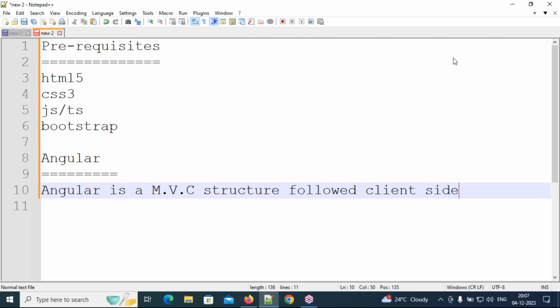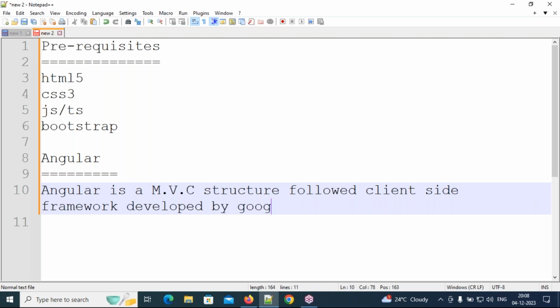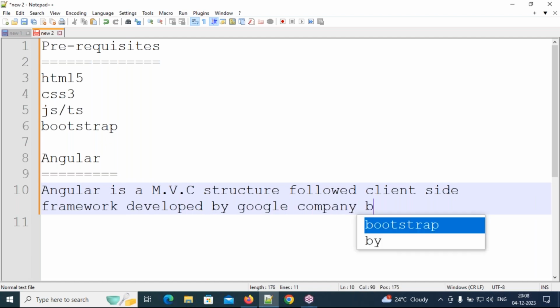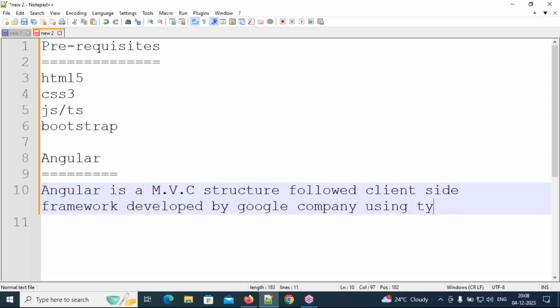Client-side framework. It is developed by the Google company using the TypeScript language.